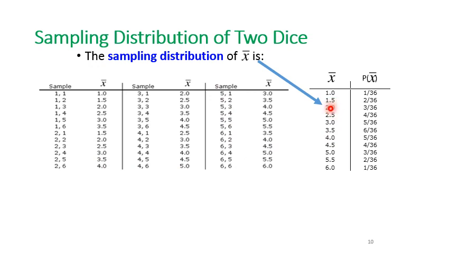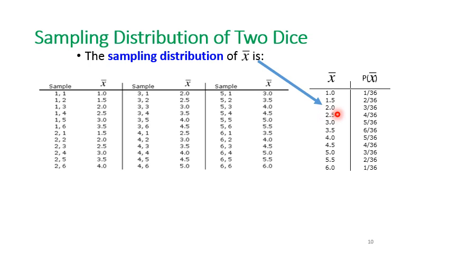What about the probability of the value of 1.5? I will return back to this table. This is 1.5 and I will find another one. So 1.5 occurred twice, so its probability is 2 over 36